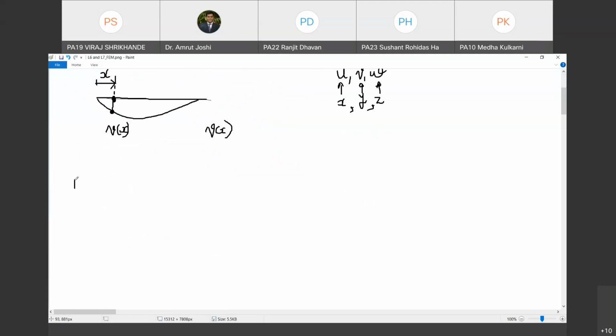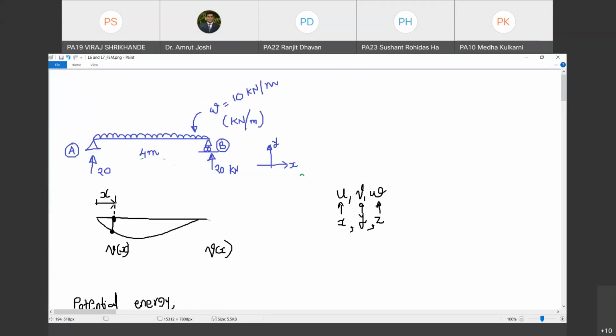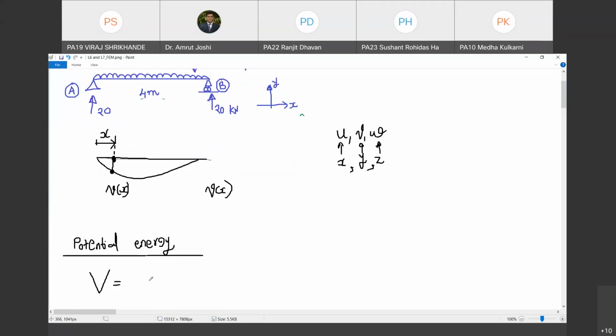So I will have to write down the expression for potential energy. In yesterday's class we have seen that potential energy associated with a body in its deformed condition is given by the summation of strain energy. It is given by strain energy. We did this in the last class, when we solved the example involving the springs, the energy stored in the springs was denoted as strain energy